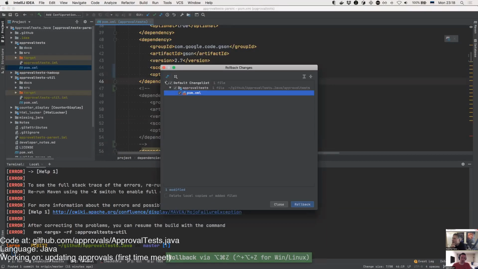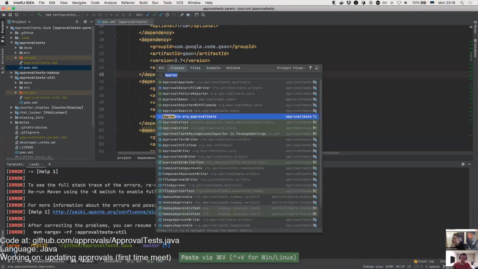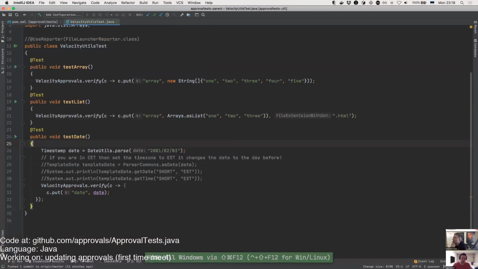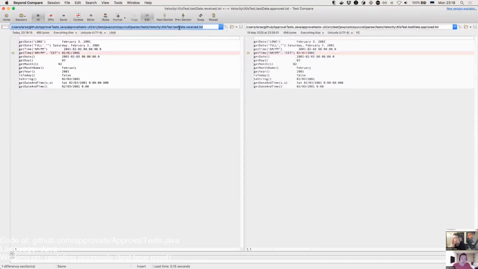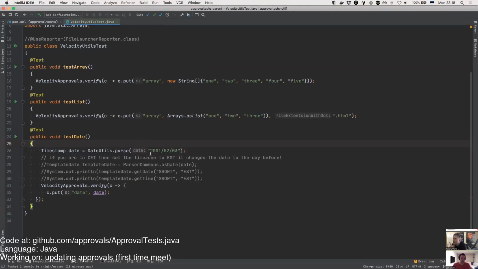Let's write this here. Okay, and then here, the issue is, test date, yeah. But the issue here is that we're not setting our time zone. In fact, there's a comment here. If you are in CET and then set the content, it changes the date before. So did you write that? No, but I read it already 2 days ago and was like, okay, it's fine that this is failing. I'm good with my setup locally here.